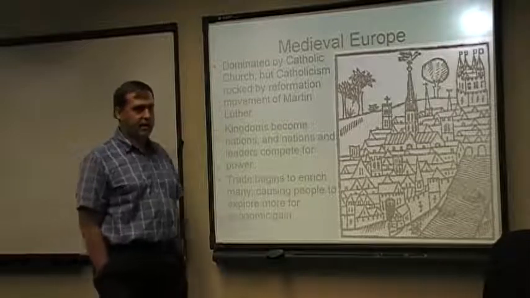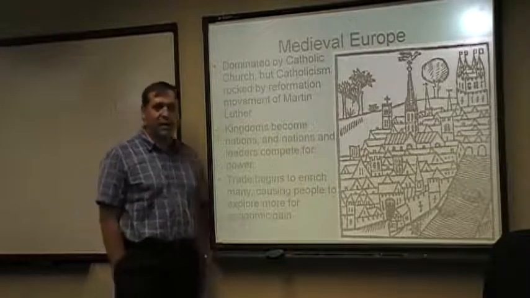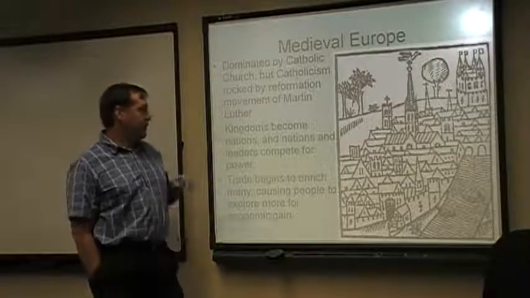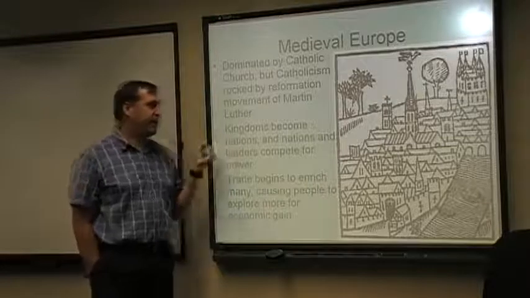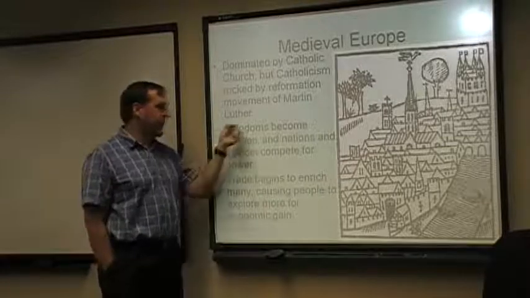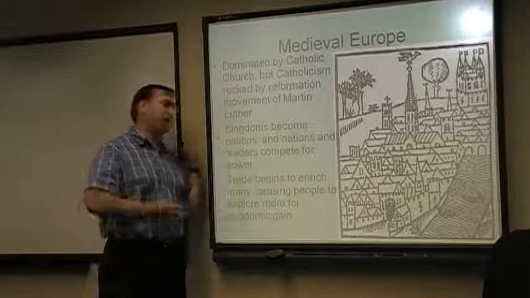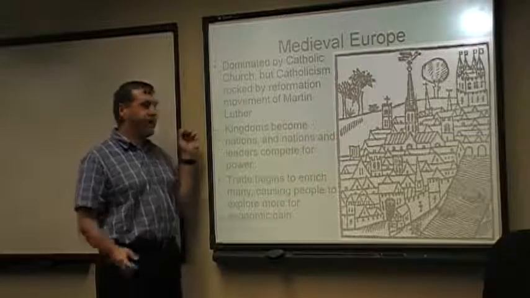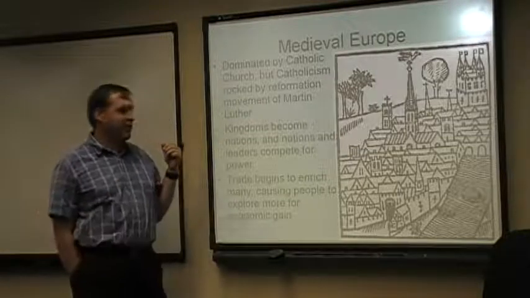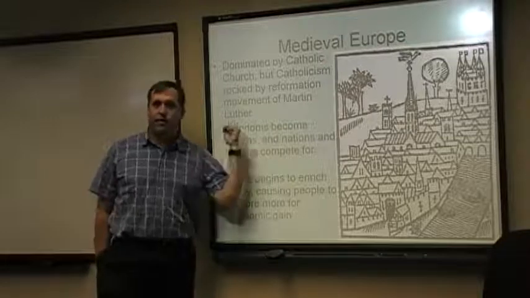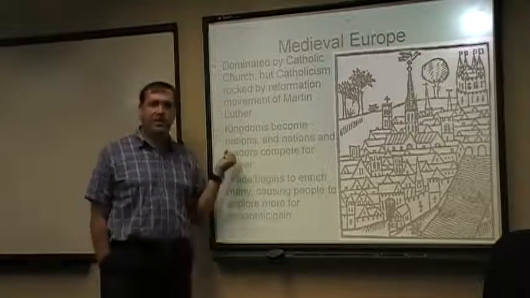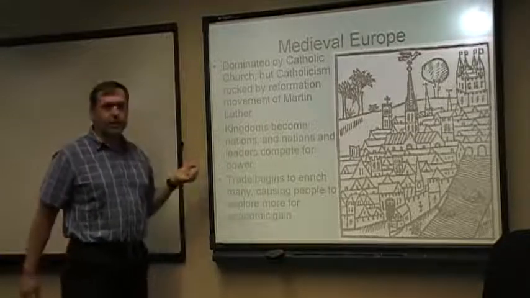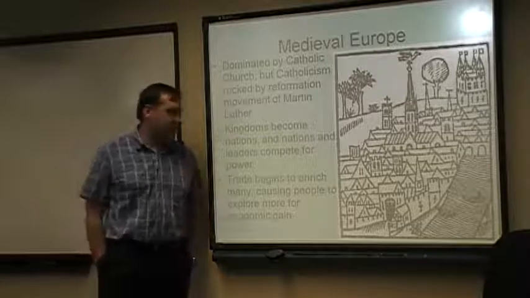But a nation is something different, all right? A nation is a group of people that have similar language, custom, history, culture. And what we're seeing is this evolution taking place here in the 1400s, that ever increasingly, kingdoms are becoming these nations. You'll have a national kingdom. And if you take, for example, my World History 2 class, we'll talk about how eventually kings become subsumed into their nations. Nations and leaders, though, at this point exist in a world of competition, specifically competition for power. Now, money is one of the ways that these guys can compete with each other.